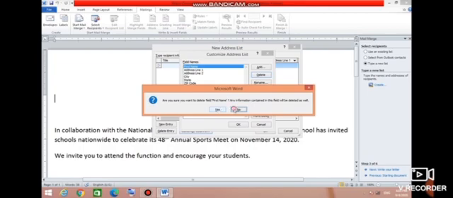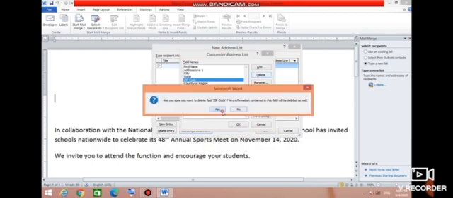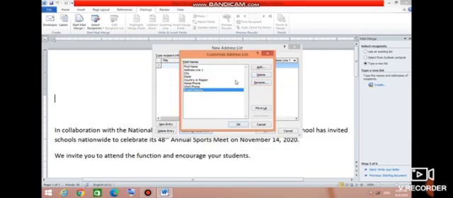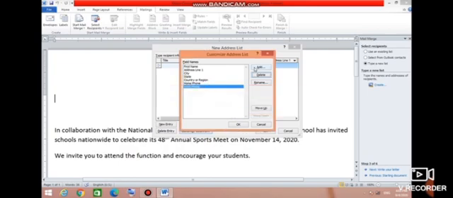I just want to add name, address and city. If we want to add our own field, we can also add a new field here, or we can also remove a field. Predefined or built-in fields we can remove from here.